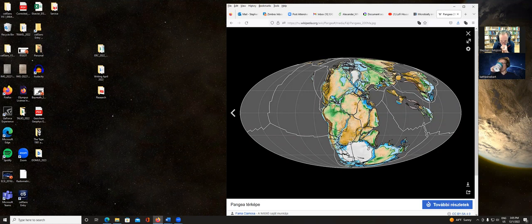Pangea is an idea that was probably first promoted in the early 16th century by a group of map makers living in Portugal. That's because Portuguese map makers had charted the coastlines of Western Africa here, as well as northeastern South America.